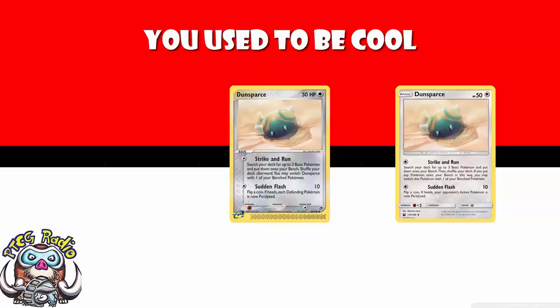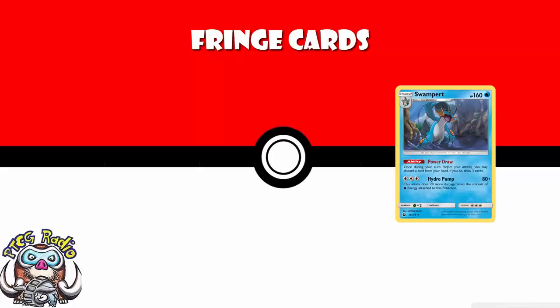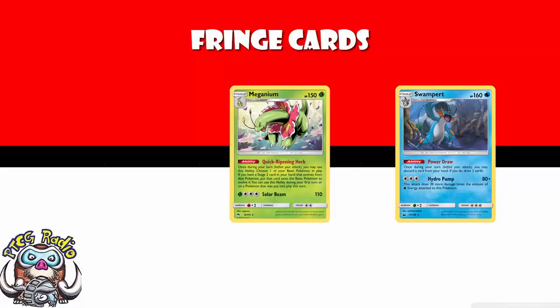Now, there were also some fringe cards that popped up here and there, and do still occasionally, albeit not metagame defining cards. We've got the Masquerain that for a single energy literally discards all special energy attached to all of your opponent's Pokemon. That can be hilarious if you time it right. We've got the Swampert. It's a stage 2 that lets you discard a card from your hand and then draw 3 cards. Every so often somebody makes a pretty good deck with things like Meganium that lets you just play